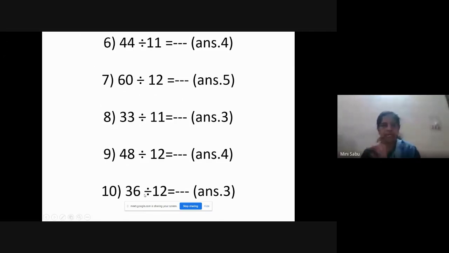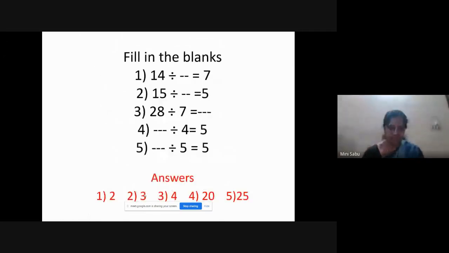Got it? Okay. Now let us try for some more other questions. Are you getting interested? This type of question we see in that worksheet also. Okay. So first question is 14 divided by some number. You are getting answer 7. What did I tell you in such questions? You have to say the table of 7 till we get 14. 7 1 is 7. 7 2s are 14. So what is the number coming here? 2. See the answer? Our answer is correct.